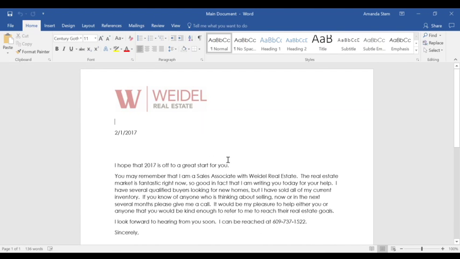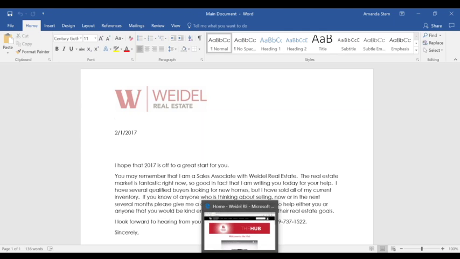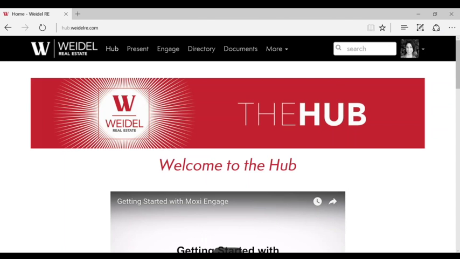So I have here a letter that I'd like to send out to, say, all of my contacts. And in order to come up with the second document that we need, the data source, I'm going to show you how to export your contacts from Moxie Engage in an Excel spreadsheet. So being that the second thing that we will need in order to complete the mail merge is the data source, today we're going to go into Moxie Engage by logging on to the hub,